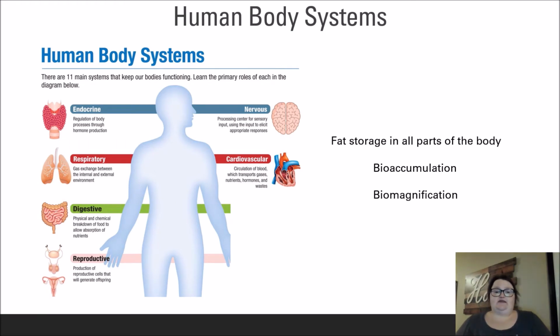Before we begin, it's important for us to understand what we mean when we talk about human health and toxicology. Toxicology is the study of how toxins interact with the body systems of an organism. There are 6 major body systems that we will discuss as they relate to various health hazards. These systems include endocrine, respiratory, digestive, reproductive, nervous, and cardiovascular. It is important to note that the endocrine system is closely tied to the reproductive system in function.